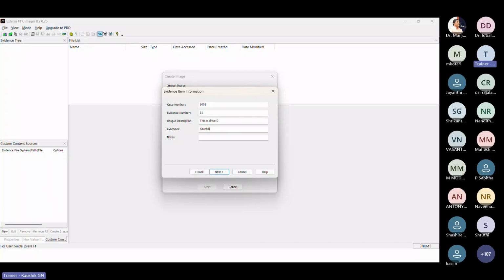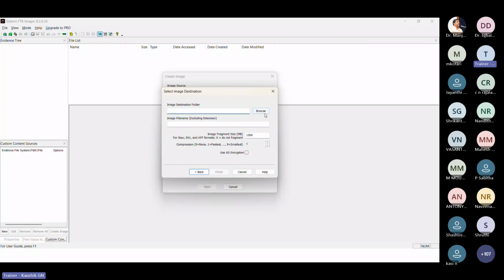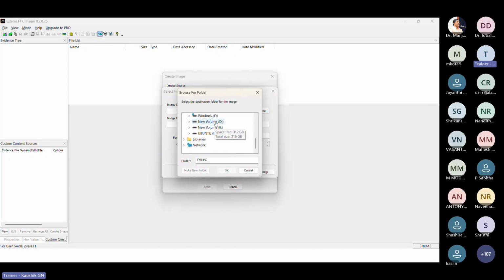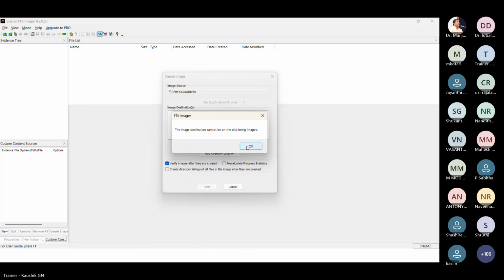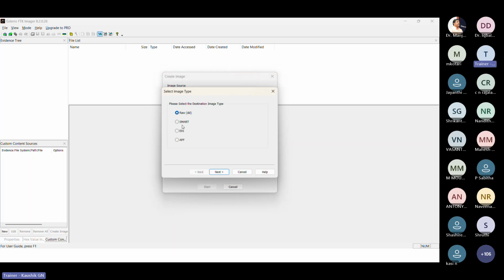I will give my name. Okay. Go next. I will select the path D, image name FDP. I will give like this. Finish.